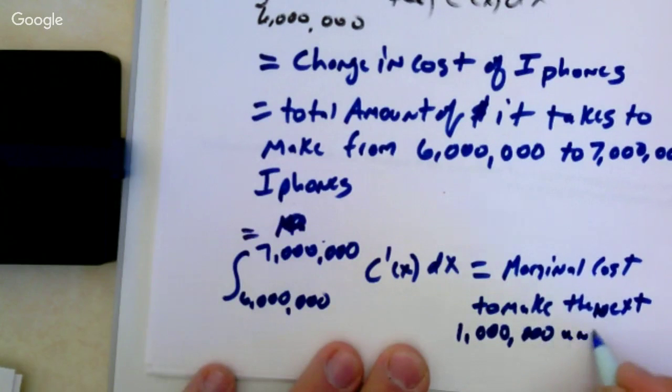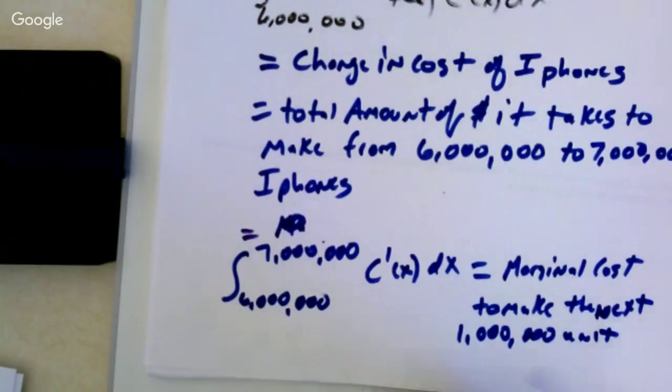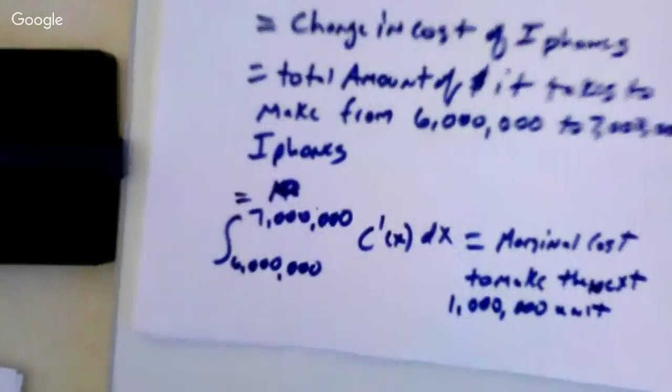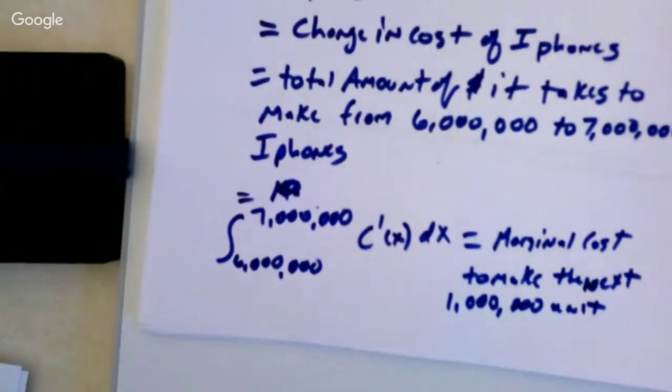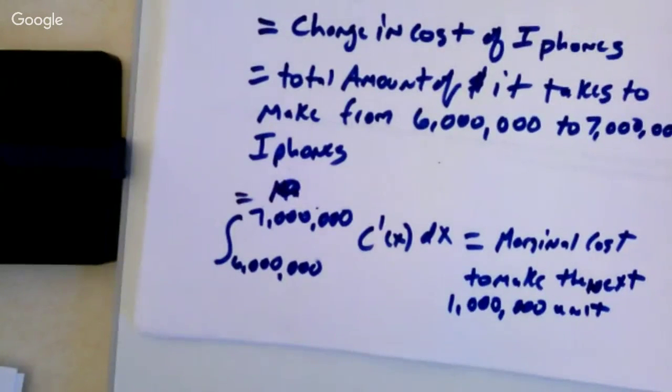On a business perspective, that's like your break-even point. Like you will not make them unless you charge that much at least. Now, is that going to be the same as for the first phone? No, your first phone's the most expensive. The first airplane, the first 747 was the most expensive one to make. The last one was the cheapest one to make.